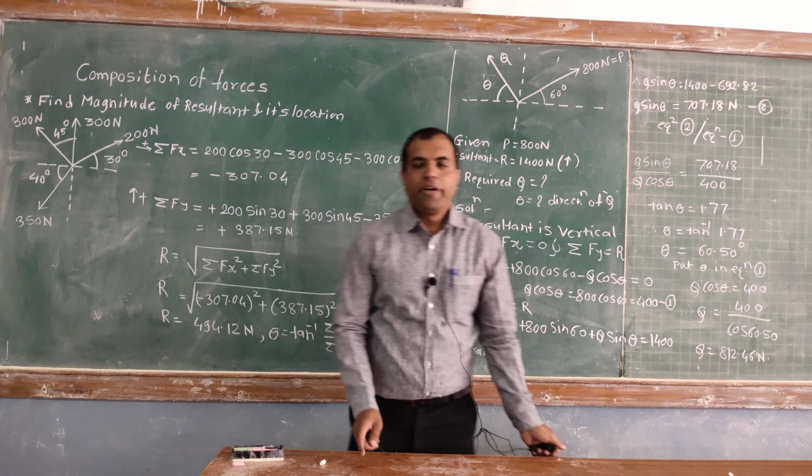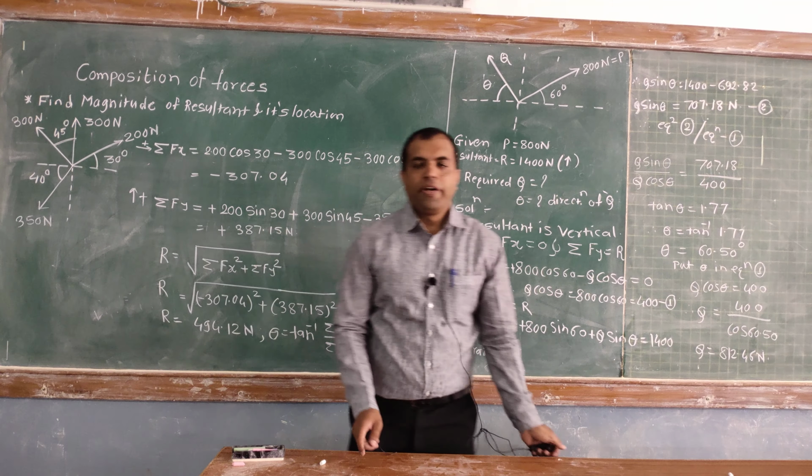Now the second force, that is 300 Newton. Is this force able to be resolved? Yes, we can resolve this force into two components: one vertically upward and the other the horizontal component. The horizontal component is 300 cos 90 degrees, that becomes 0. Therefore the x component of this force is 0, so we don't have to consider its x component. Consider this as only one force, 300 Newton.